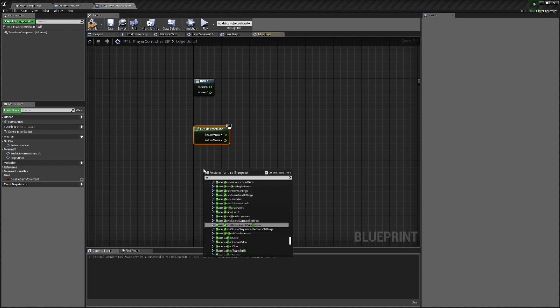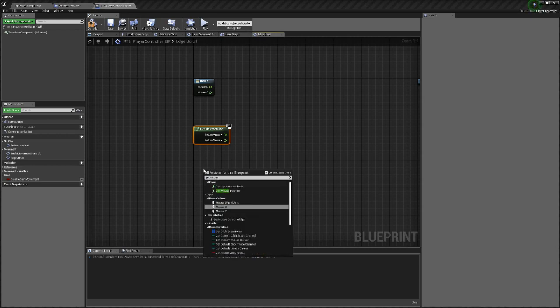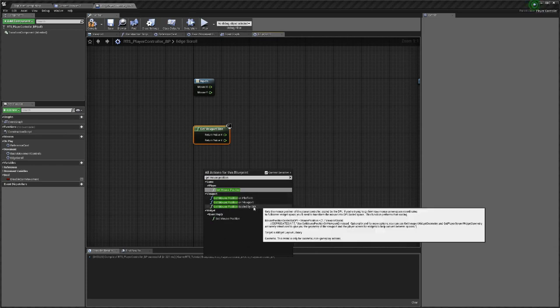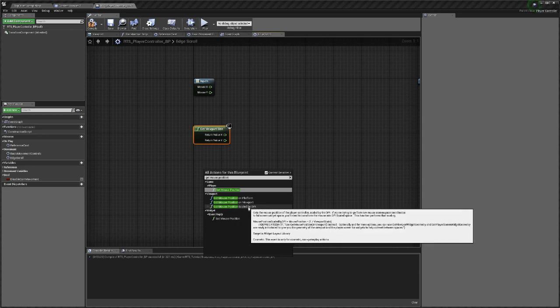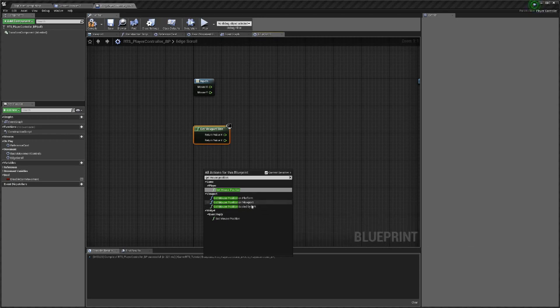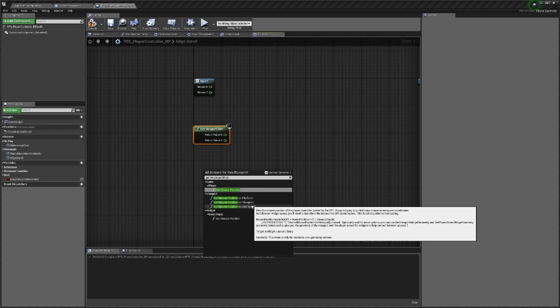We need our mouse location, not our mouse size. So we don't want to set it, we want to get it. So get mouse position. So we have get mouse position for player, on platform, on viewport, and scaled by DPI. By the way, if you're doing the pan controls using mouse position,